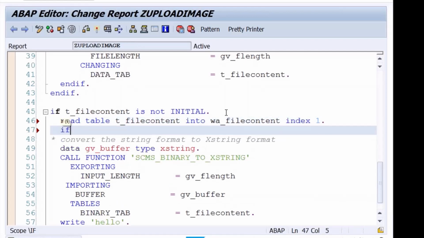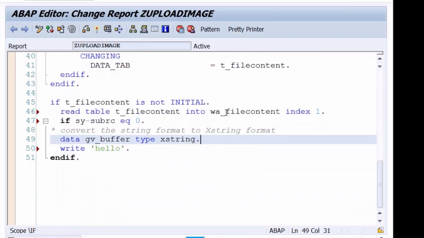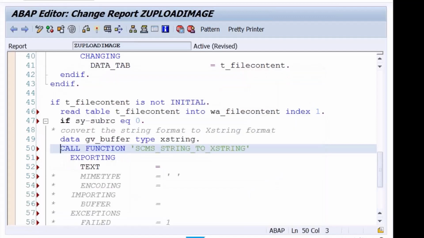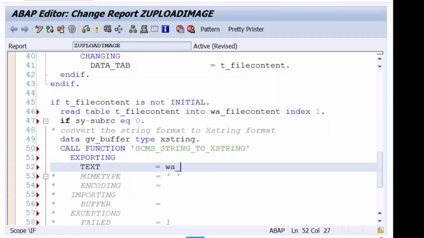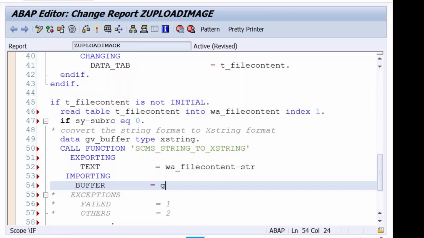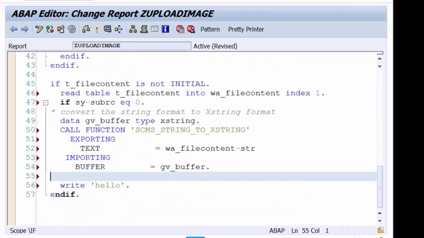If size of it is equal to 0, convert the string to XSTRING format. Instead of calling this function module, I'll call the other function module, SCMS_STRING_TO_XSTRING, text equal to W_FILE_CONTENT-, what is the variable I declared? STR_BUFFER. This is of type GV_BUFFER. Done. Let me check this.